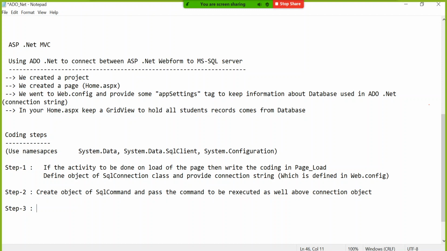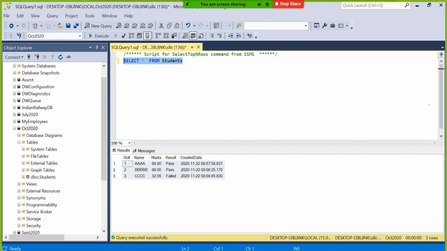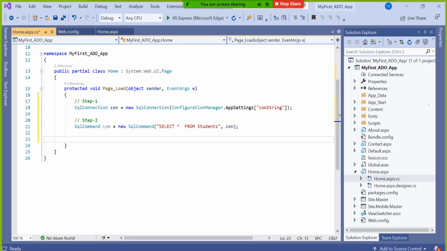Okay. Step number 3. That means we decided where to go. We decided which database, what command to fire. Now imagine that command has fired here in this database. Then this data will come from SQL Server and it has to be captured on the C# side. Don't you think so? This data, what you see here, will definitely come from the database when this query is fired, and somebody should catch this data on the C# side. So come here. You do that step now.